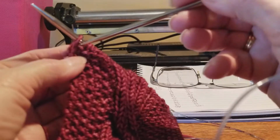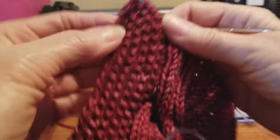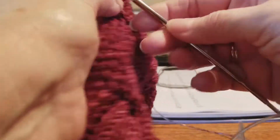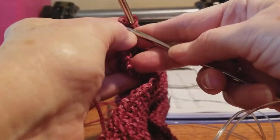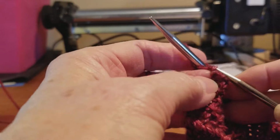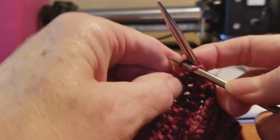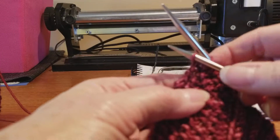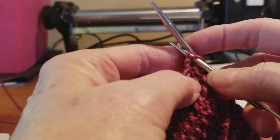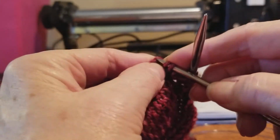So I'm not going to put my stitch marker here because, again, I've changed needles. The stitch marker is just going to fall off. But I can put my stitch marker after the first purl bump. So I'm going to go in, see if I can show you here. There's the first bump, which I'm not going to use. Here's the second one. And I'm going to go from the bottom up, and I'm going to pull one through, and I'm going to go the next one, 2, next one,